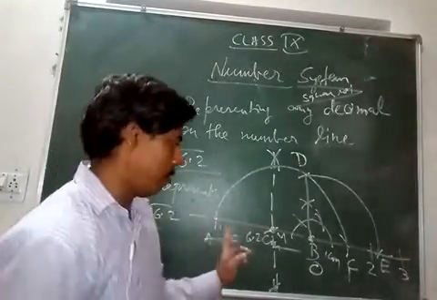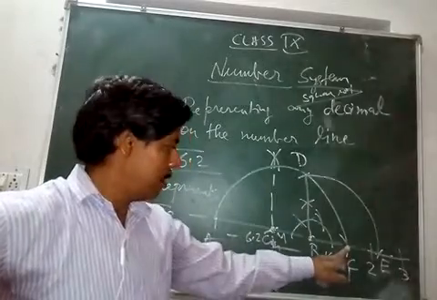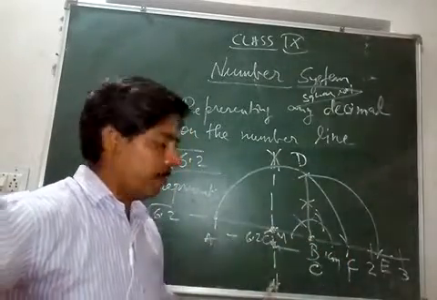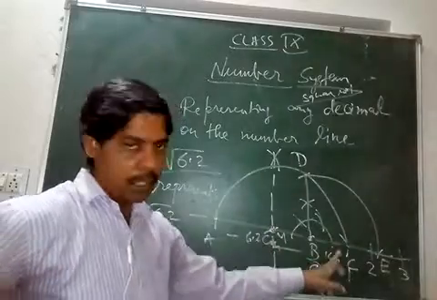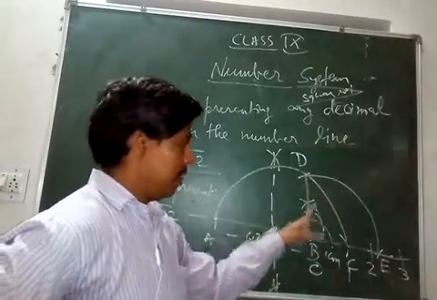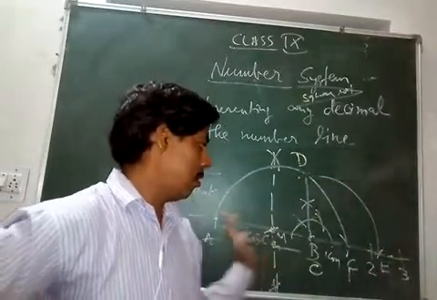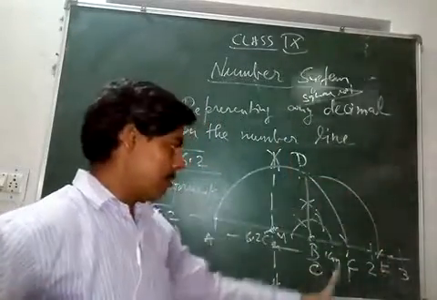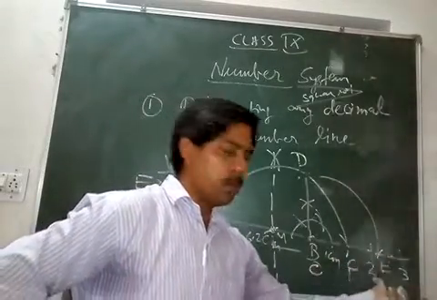What we have done: we have drawn 6.2 till here, then 1 centimeter, and the midpoint of AC by doing the perpendicular bisector. Then from M we have drawn a semicircle. At B we have drawn 90 degrees. We have measured BD and drawn one arc on the number line. And to mark the number line, we are marking 0 here, 1 here, and at 1 centimeter, 2 and 3 and so on.